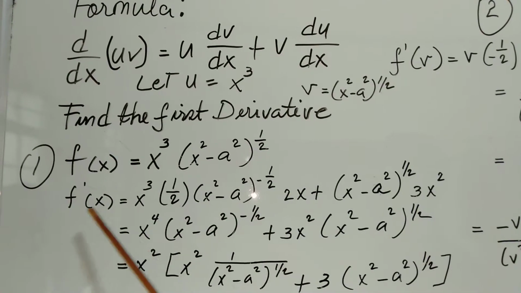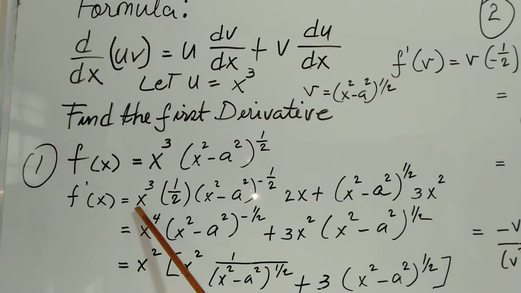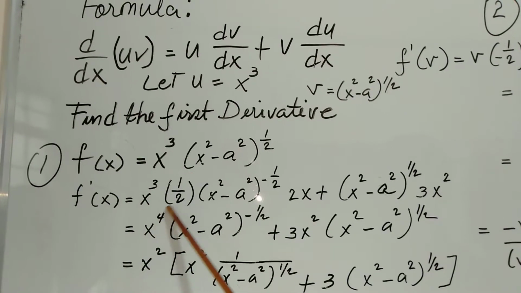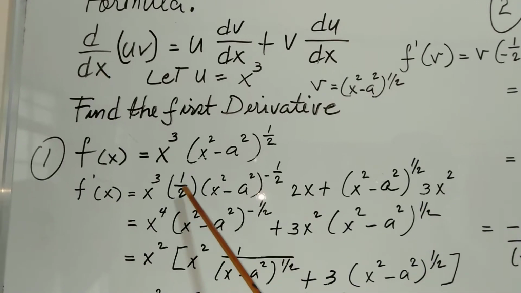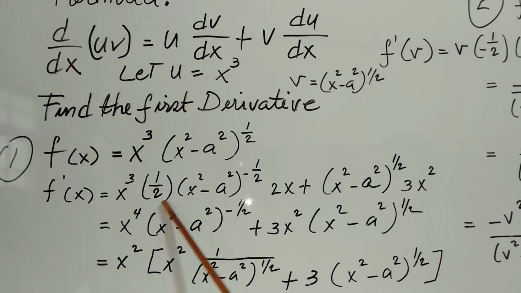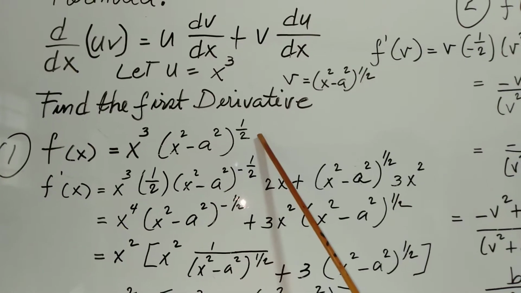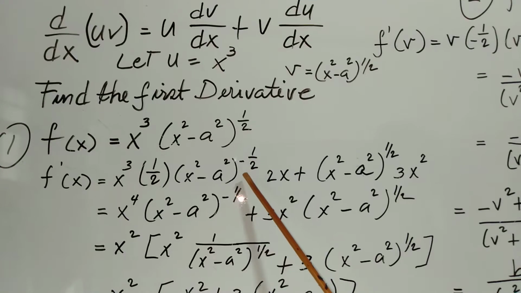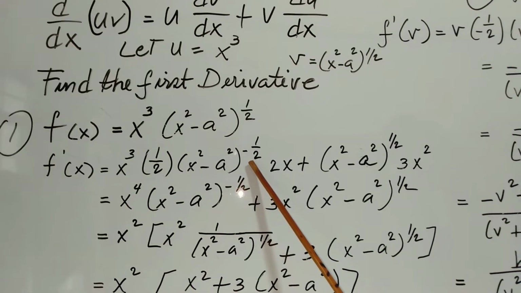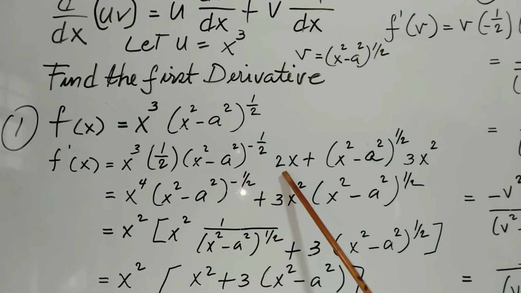So f prime of x is equal to x cubed times the derivative of the second one. So we bring this 1 half times the quantity x squared minus a squared. We subtract 1 from 1 half, so it becomes negative 1 half, times the derivative of x squared, which is 2x, plus